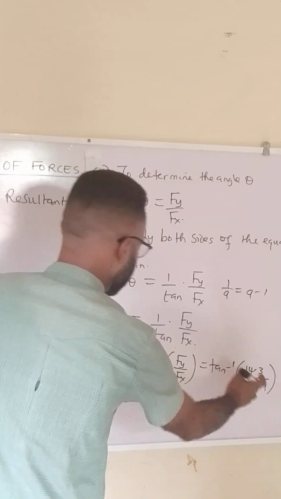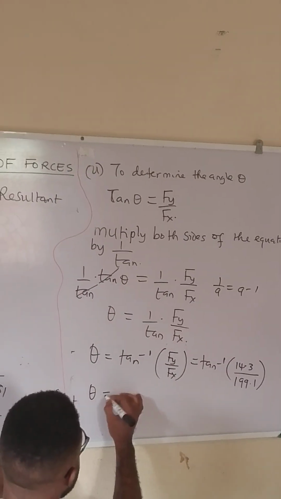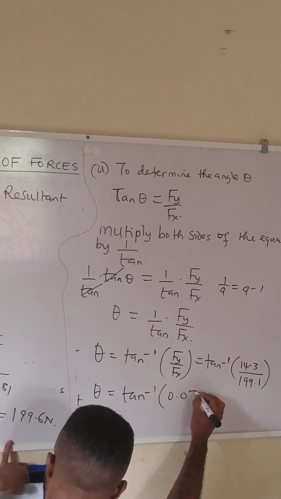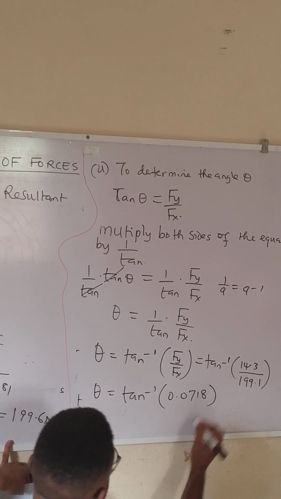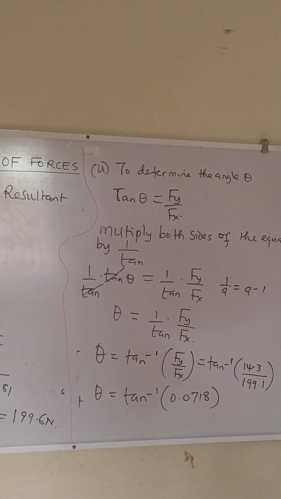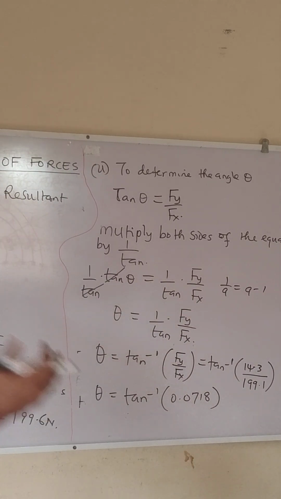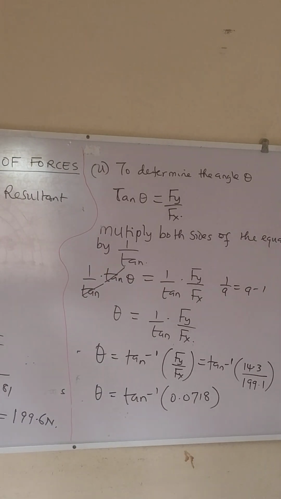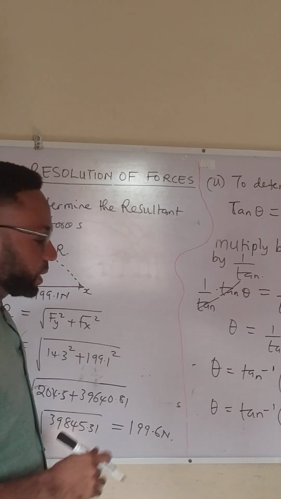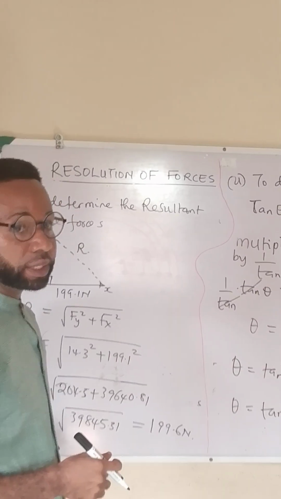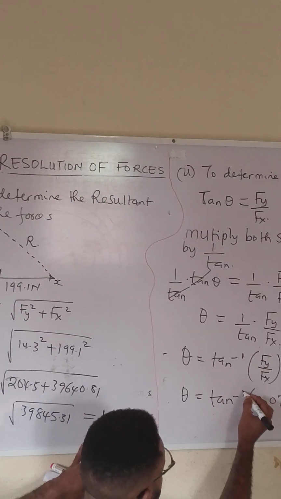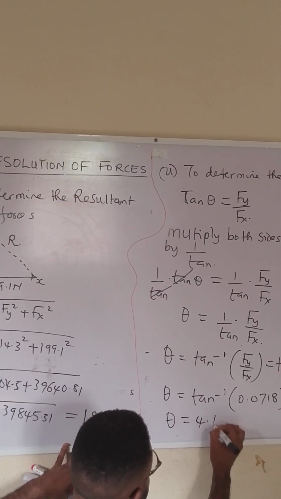When you divide this by this, you are going to have that theta will be tan inverse of 0.0718. For those of you who don't understand how to get tan inverse, if you have a calculator that has second function, you press second function and then click on tan, it will give you tan inverse. So when you find the tan inverse of this, your theta will be 4.12